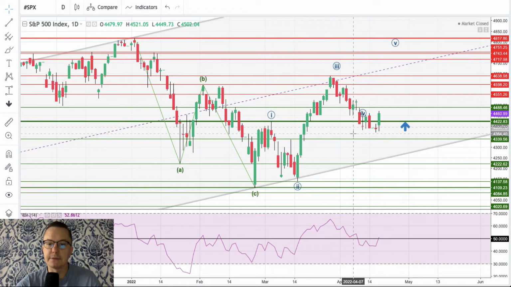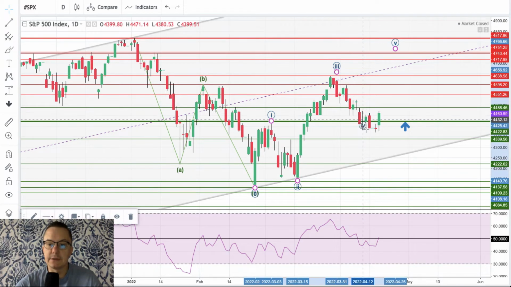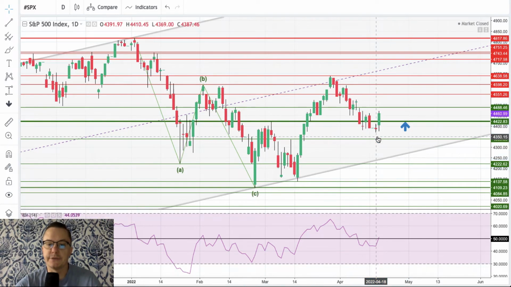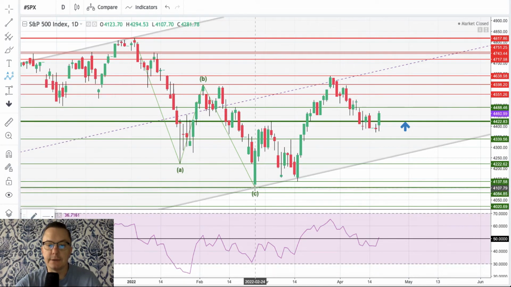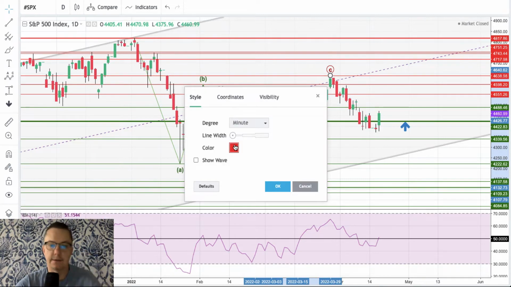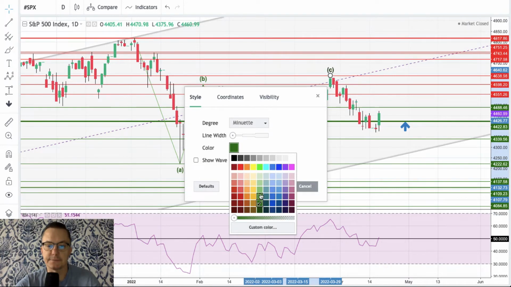earnings period, and it's very interesting to take a look, because as you can see, our impulsive scenario 1, 2, 3, 4, 5 had been invalidated because wave 4 overlapped the highs of wave 1. So this is now invalidated, and we can put the ABC pattern on the chart, as you can see here. Let me just change the color and change the degree to something more familiar. There you go. This is the